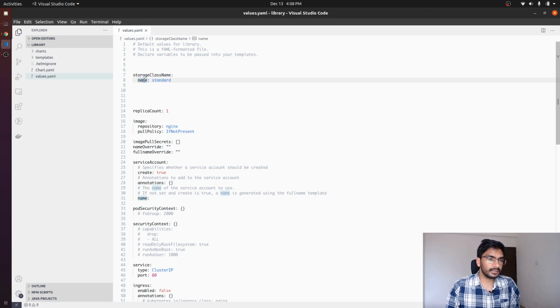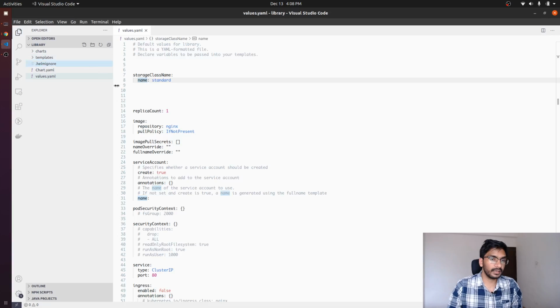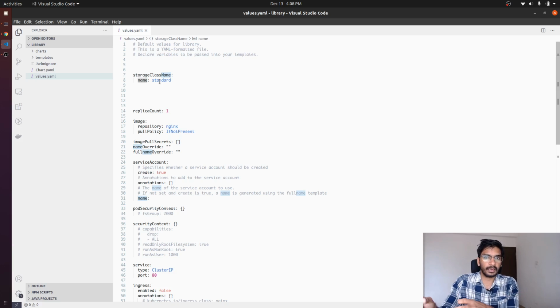So in this particular case, if I try to install this chart now, I can specify the value for storageClass.name to whichever value I want to, right? So for example, I have a storage class with the name gp2. What I can say is helm install this particular application while setting storageClass.name to gp2, right? And